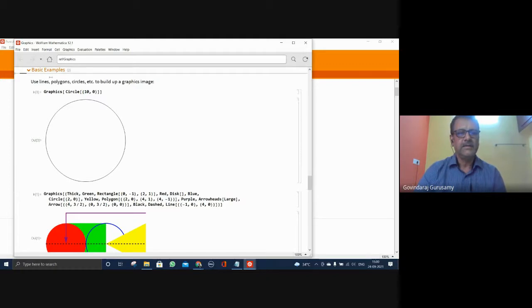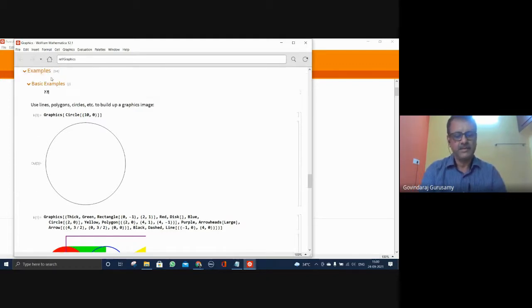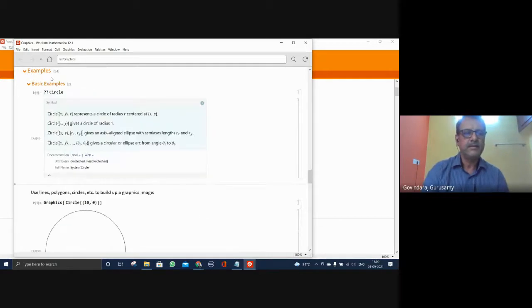So now I will come back to that again. Check what is the circle, how that is being defined. This is defined here. So x comma y represents the circle radius centered at x comma y, which means here it is centered at 0.